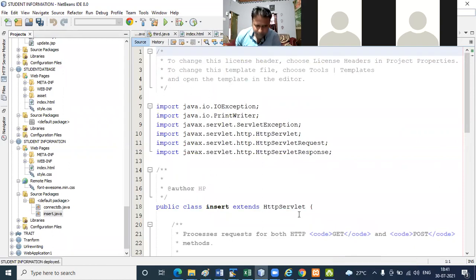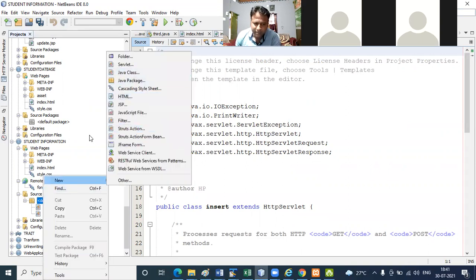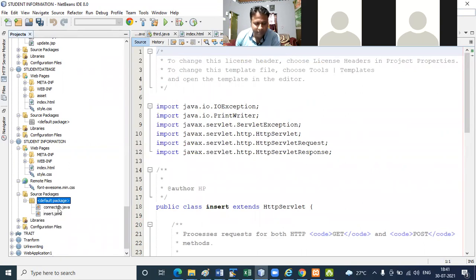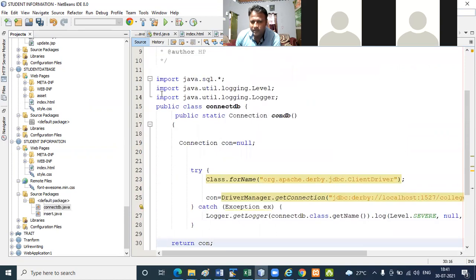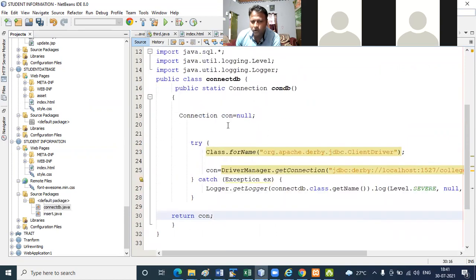Okay. First, what we did, first today I started with right click, new Java class. So I gave a name, only Java class, not a servlet, only Java class ConnectDB. Okay, so here I pass the connection information to the database. Connection con equals null. Now to connect to the database, we require a driver.